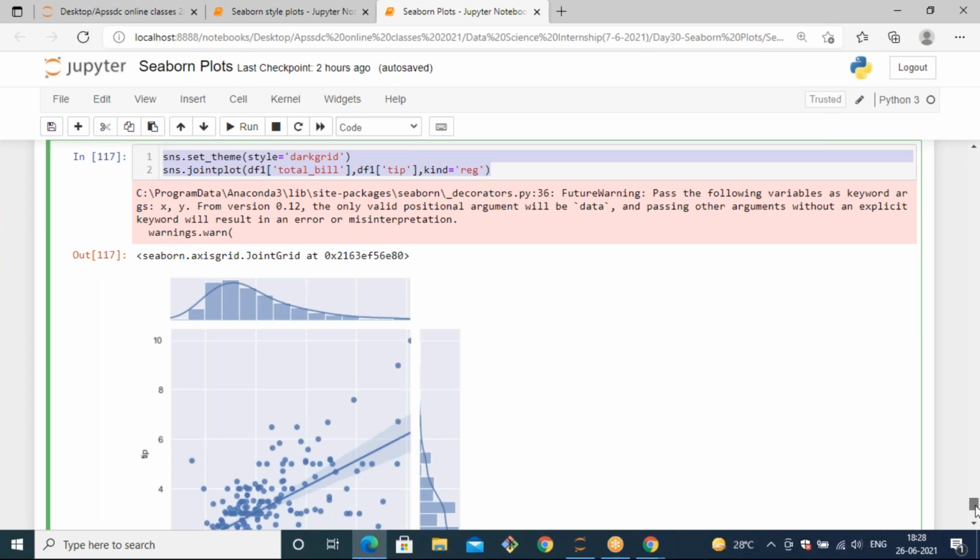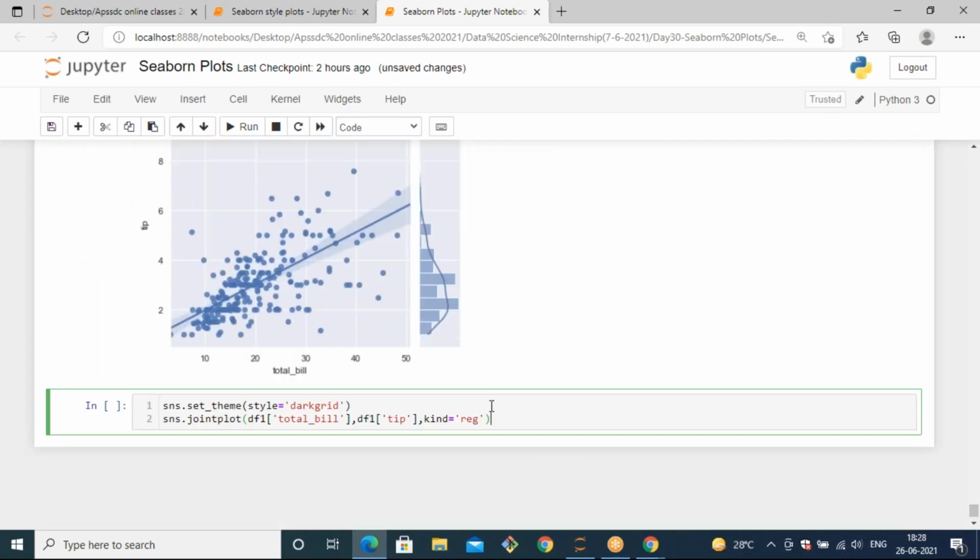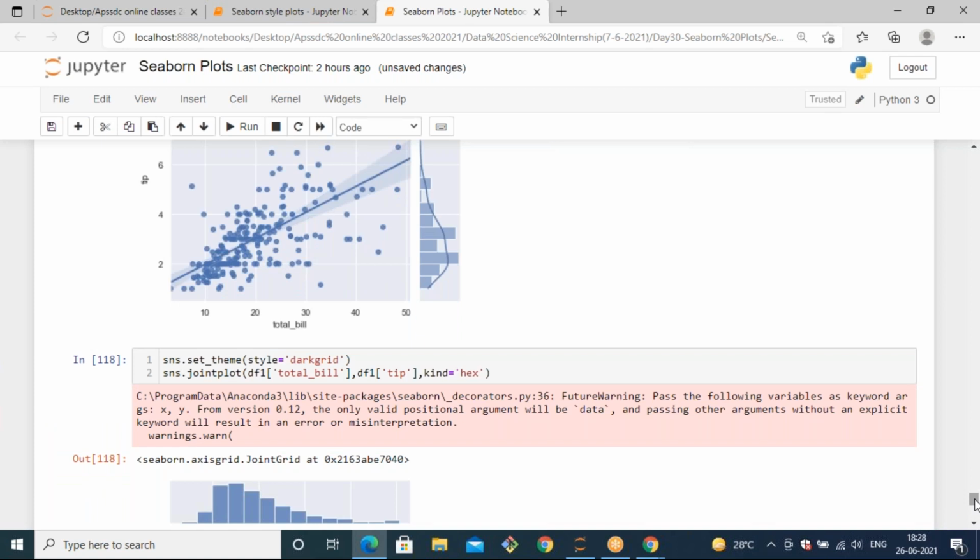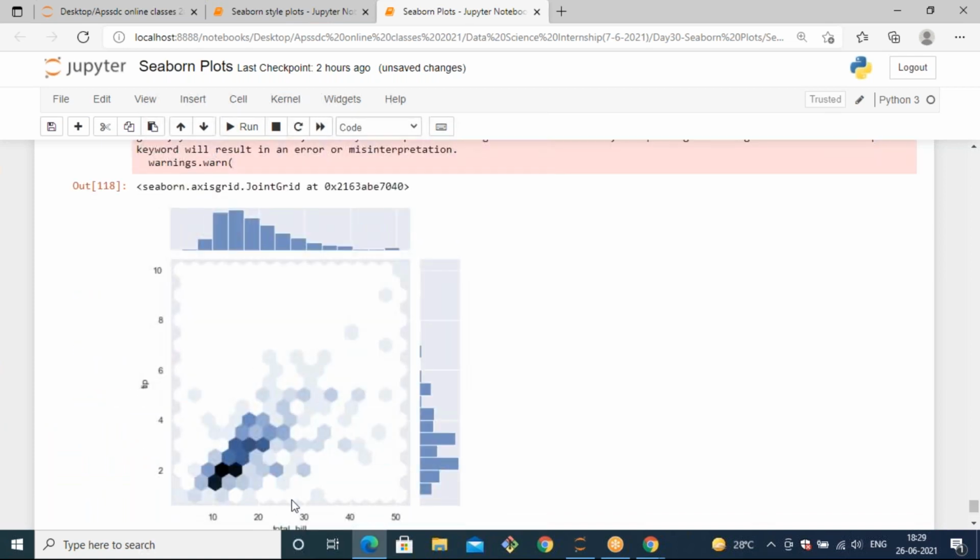And also we have one more plot, that is hexagonal. You can also specify a hexagonal type of plot. For that, you can specify the parameter as hex. Now you can observe a hexagonal kind of pattern in between, and from the marginal sides you will observe a histogram. That means here two plots are joined: one is hexagonal and the other is a histogram. The default plot is automatically generated based on the kind parameter.